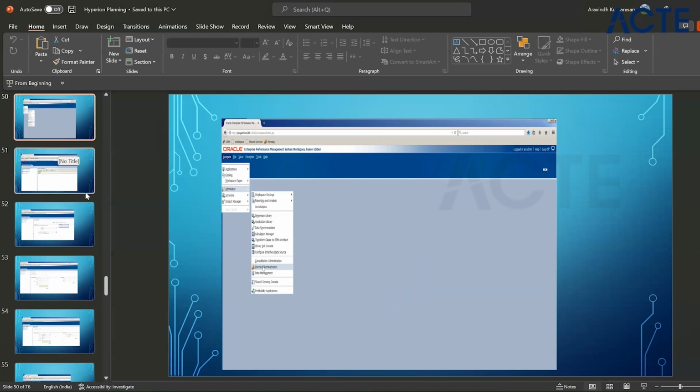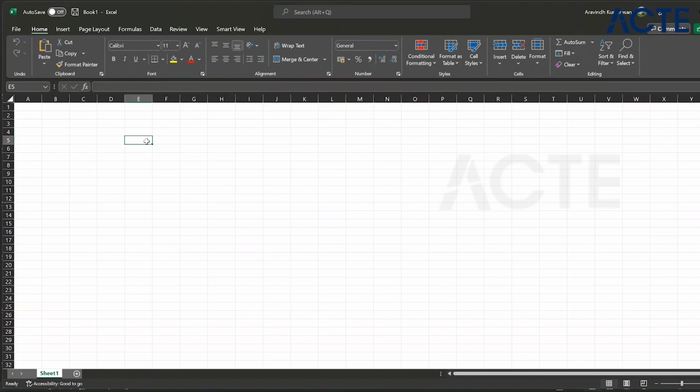Under the application, you will be able to create a new application and manage other activities like data load and data export. Everything you can do from the application window. Let me show you something. See, in the planning applications,